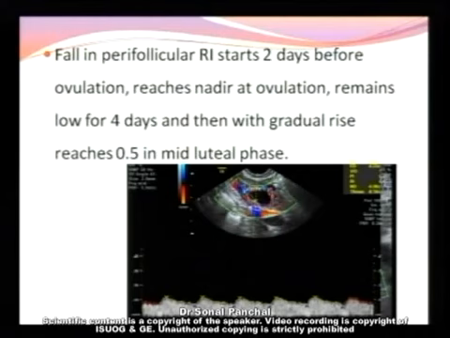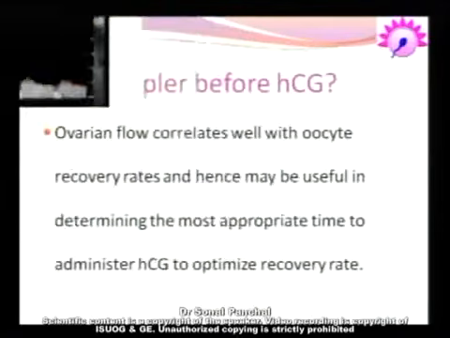That means if you are following a follicle and doing a Doppler also, if the RI starts falling, that should give you an indication that ovulation is close, may occur in 2 days or so. The resistance remains low for 4 days and then gradually rises to reach an RI of about 0.5 by the mid-luteal